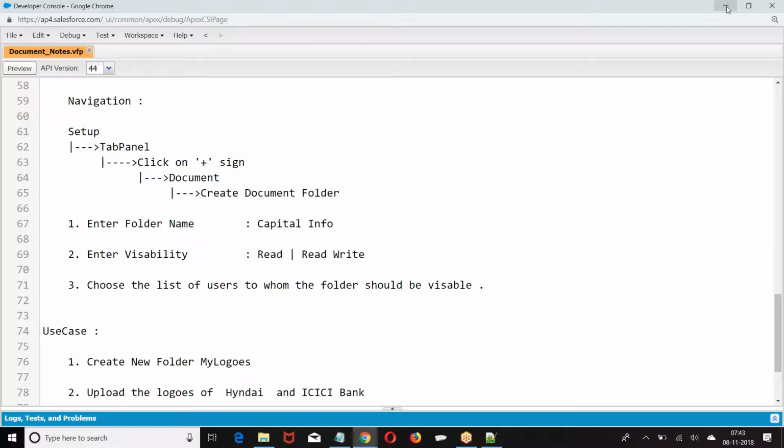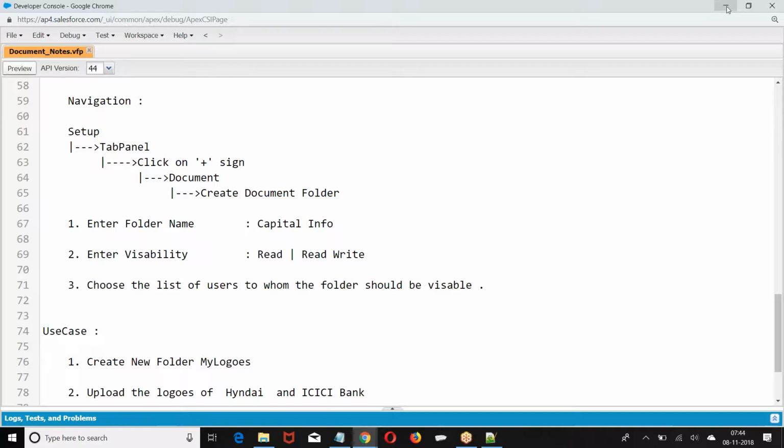There are two types of applications what we have. One is a standard application, other one is a custom application. Standard application means applications created by the Salesforce, like sales application, call center, marketing.